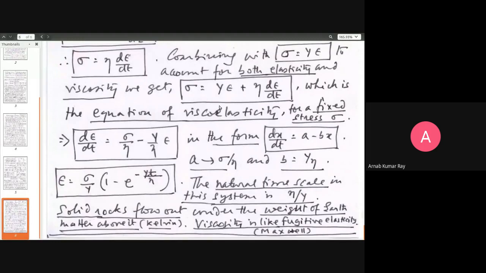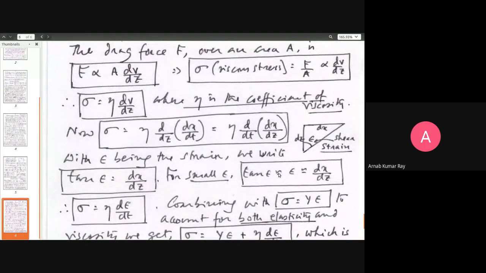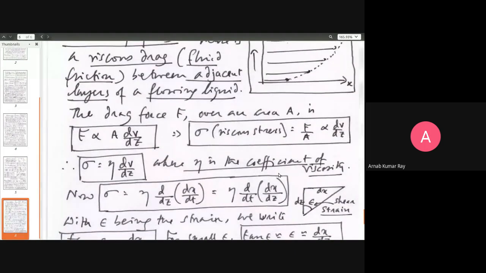So this equation of viscoelasticity was established by Kelvin, and it's a serious thing for students of geology or geophysics, where these things are typically applied, this time scale and all these things. So these things matter in the context of geological dating and all that. Anyway,